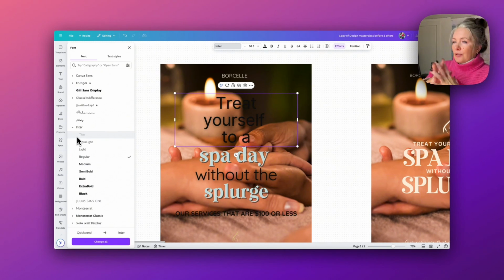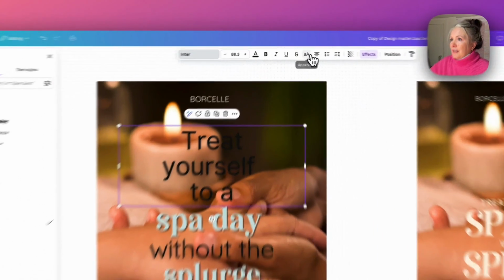And this is because rather than having to think of different fonts you want to use, all you really need to do is use the one font that you can make bold, make uppercase, now make thin, and it gives you lots of different variations without having to switch up your fonts. So straight away what we're going to do is